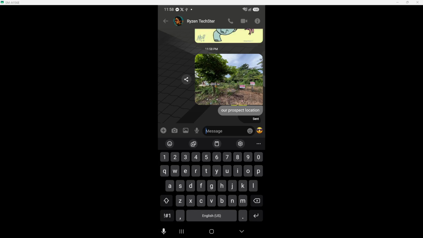You have just learned how to open Messenger, pick a conversation, choose a photo, and send it in a Facebook